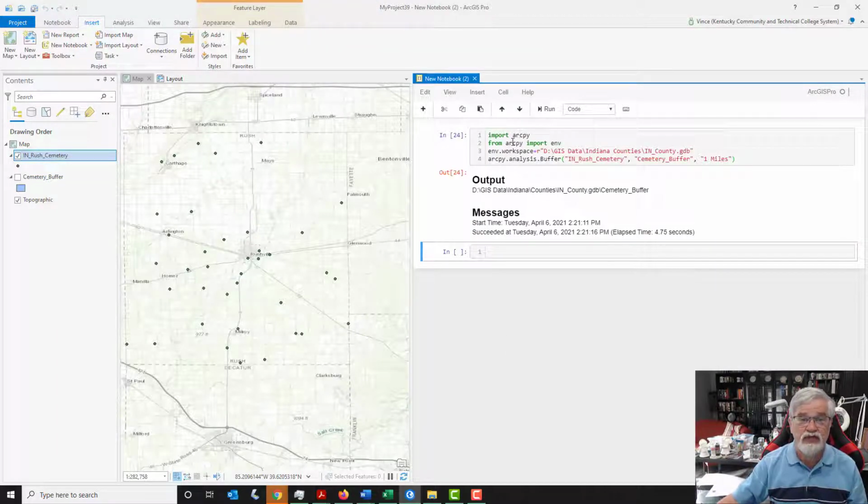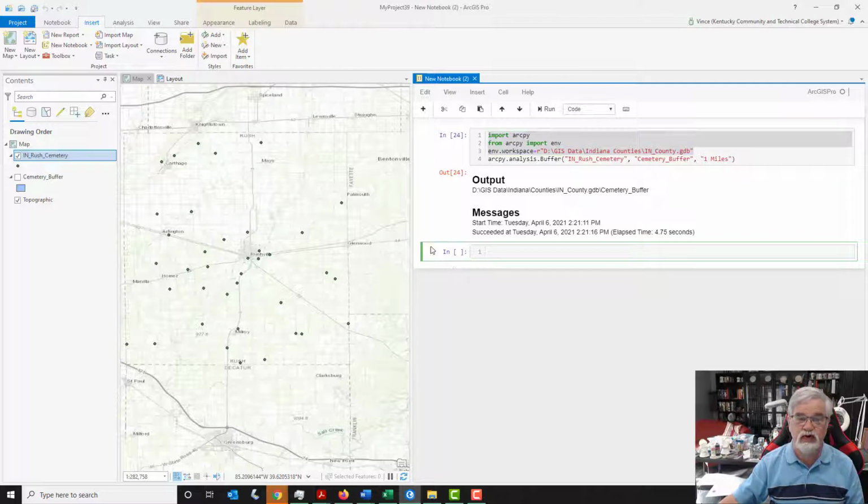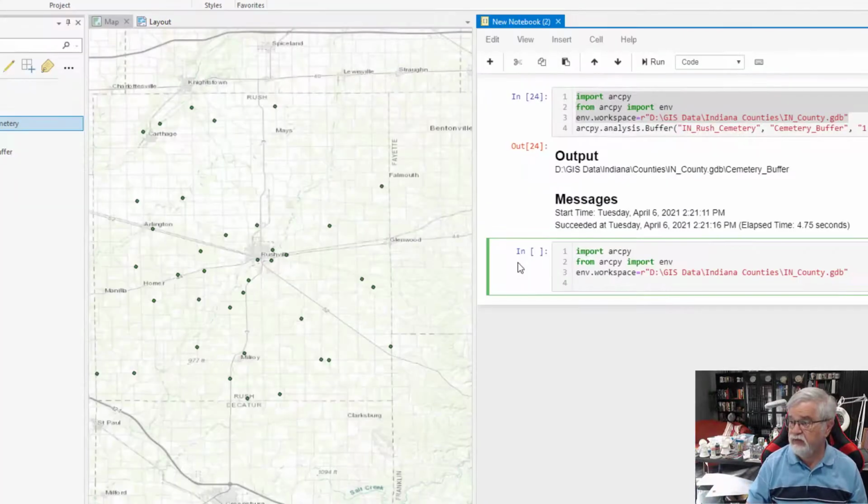Up in this box, you can see our original Python script that we used for buffering, and I'm going to copy a piece of that so I don't have to do a bunch of typing. I'm going to copy the first 3 lines and paste them into a new window in which I am going to create code. So there's my first 3 lines. I'm going to hit enter. And my 4th line is where I am going to name my variable. It's going to be field name list, and this is just a variable that I am creating, and it's going to equal arcpy